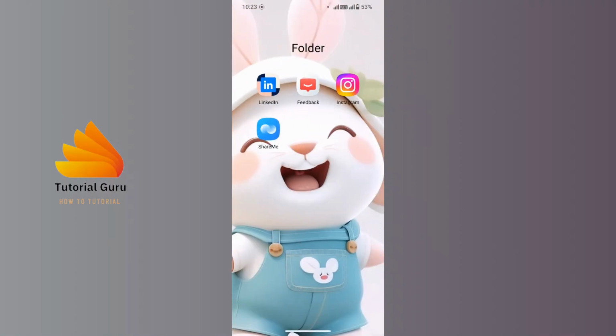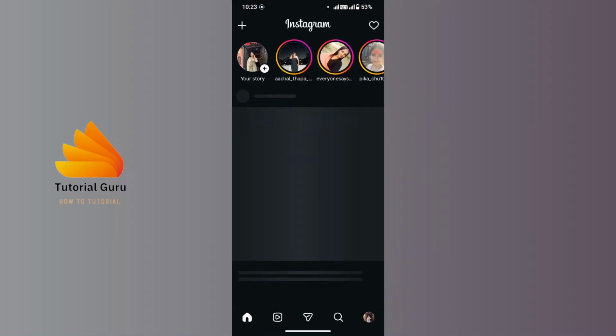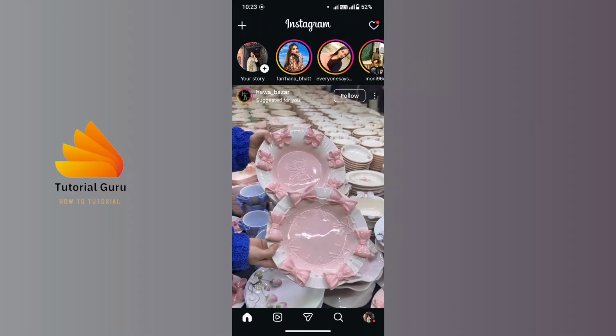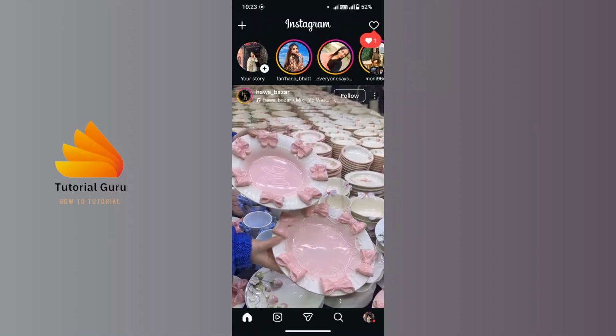At first, make sure you have the Instagram app downloaded from Google Play Store or App Store, and also make sure that you have logged into your account. So let's open it. Now see, this is the home page of your Instagram account, and you should